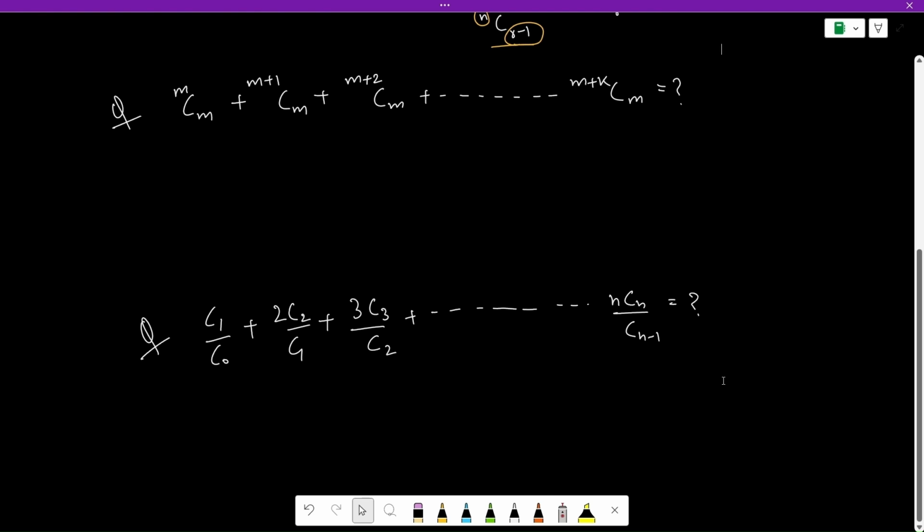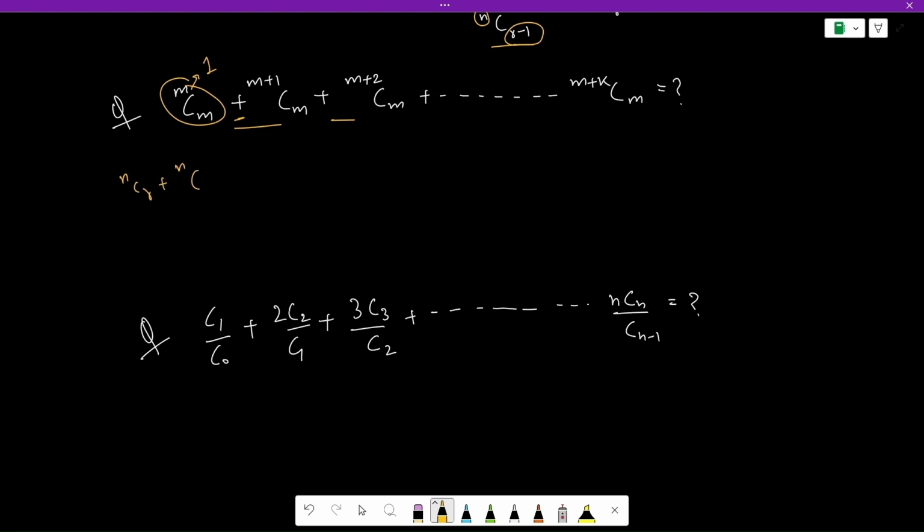So this is the first question. I would urge you to solve it yourself and then see the solution. In this question we can see it is a summation series, and the first term is equal to 1. Now for the summation we have this property: NCR plus NC(r plus 1) equal to (n plus 1)C(r plus 1). But the condition for this property is that the superscript should be same, but here all of them are